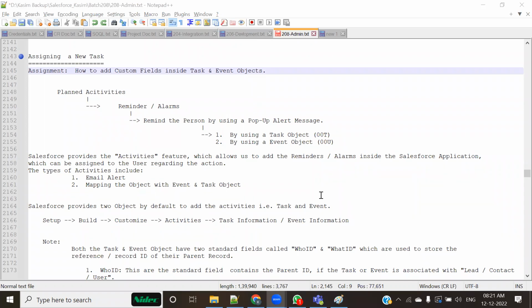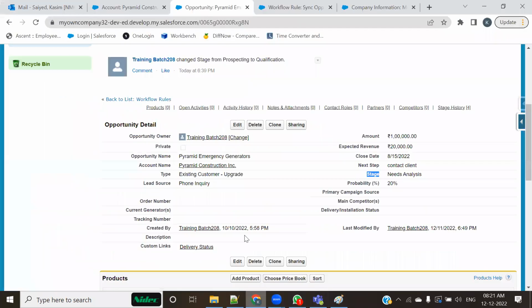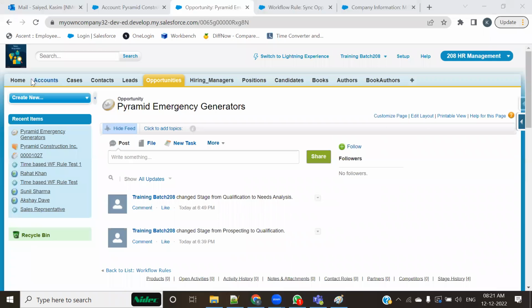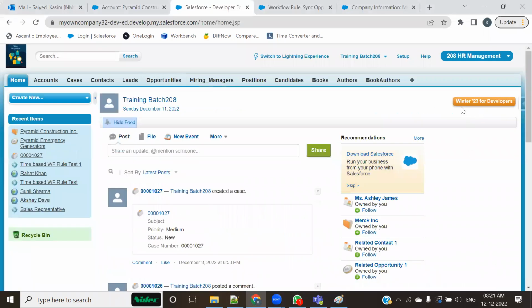Excuse me, sir. Yeah. Actually, my instance name is AP25. 25, so it may be that your instance has got updates, and with the recent update, with the spring, whatever is going on right now. Winter 23. Can you also please check this? What is your edition? This Winter 23 for developers. Please check this as well. But maybe